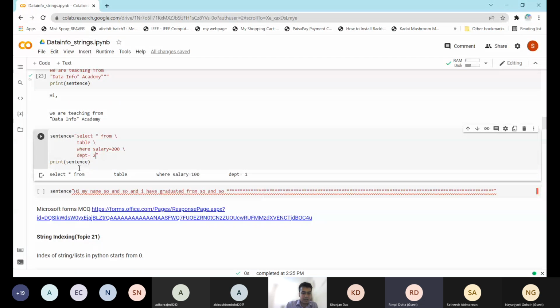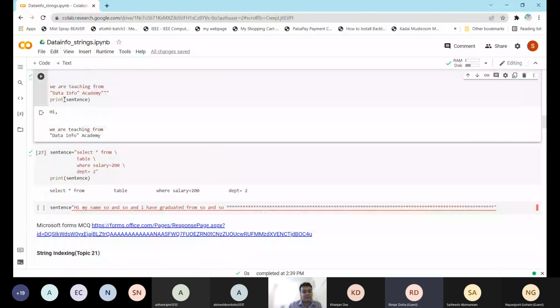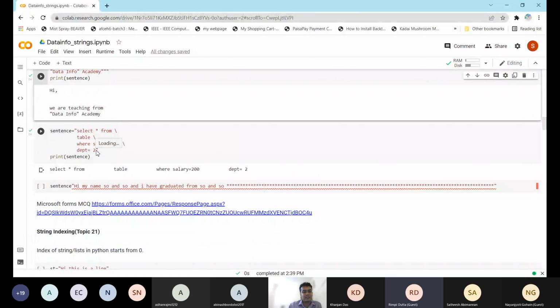But we have to know that the output is actually in one single line only. It is not in multiple lines as in these two examples. But it is for the ease of creation and ease of updating. So that is the sole purpose of having